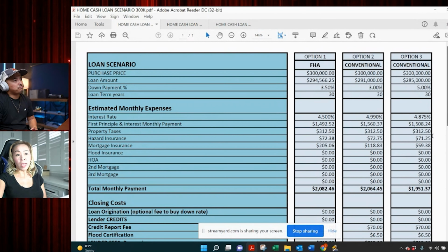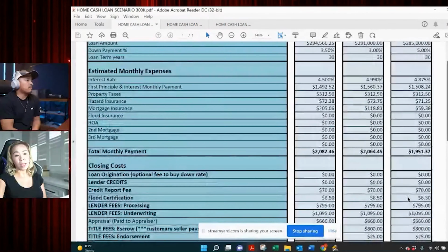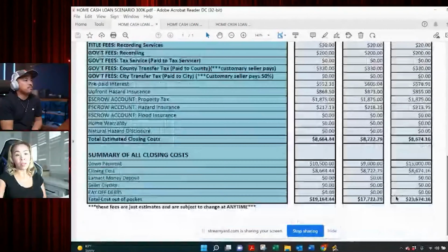Okay, and if you do that, again, for conventional loans, the interest rate's a little bit higher. If you put 5% and above to 25%, the interest rate is going to be slightly better than a 3% down. This is your monthly payment. Okay, again, all three very similar. Okay, closing costs and everything like that, you're looking close to $24,000. So not bad. If you were qualified for 300K, all right,